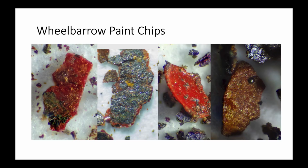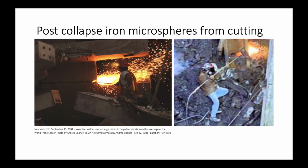There are also a lot of microspheres that would have formed during cleanup. There was a huge amount of cleanup needed, obviously, because of all this twisted metal lying in the pile, and they had to cut it a lot before they could get it out because it was all kind of jangled together or sometimes still attached to the original structure near the bottom. So they cut it with a couple of methods. One was an oxyacetylene torch, where they heat it up with oxyacetylene, and then they use a high-pressure jet of oxygen to burn through the steel itself, and that creates this huge shower of